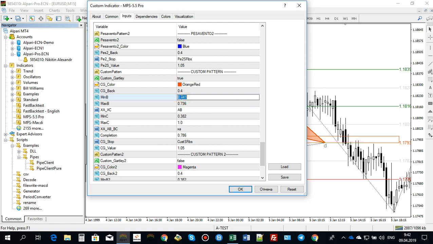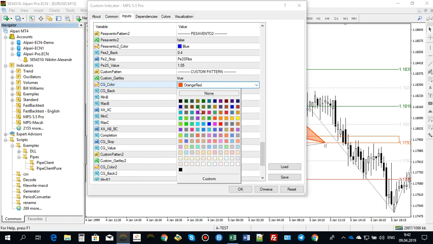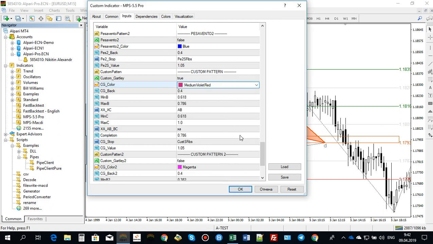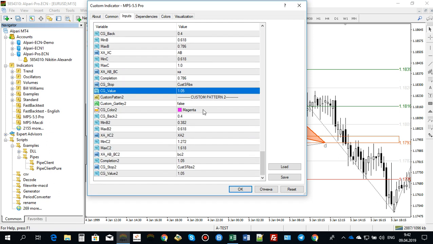For example, let it be something 618 to 786, and the C point should be 618 to 1, and the color should be purple, medium violet, or whatever, and the entry is this, stop loss is this,